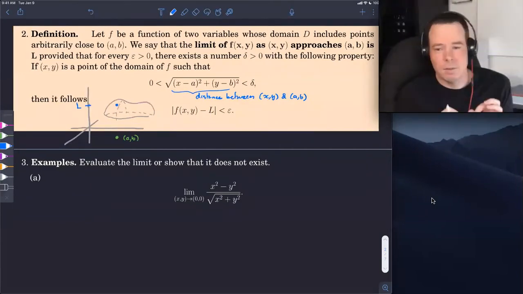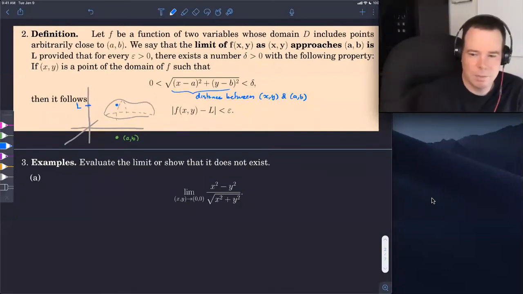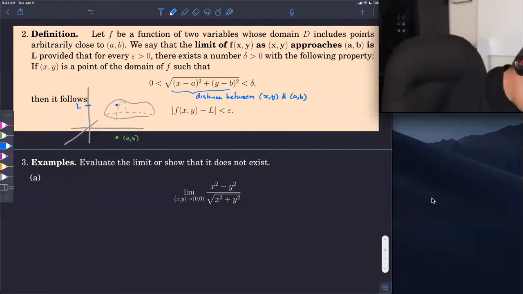So again, the subtlety here with limits is you never want to actually evaluate the function at the point AB, because that makes no difference in terms of the limit. The function doesn't even have to be defined at a point in order to talk about its limits there. And you think back to calculus 1, we wanted to find the limiting value of a function at a point, and maybe there's a hole there or a vertical asymptote there. We wanted to look at how the function behaves near that point, I should say, not actually at it. So the idea is, if I can, for any epsilon, make this